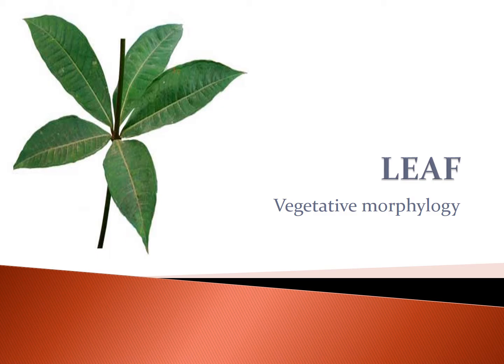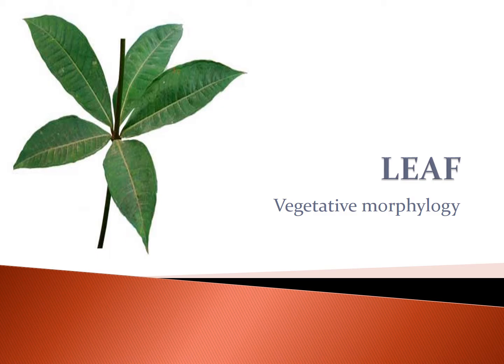Okay, in the previous class we learned a lot of information about plants, isn't it? First of all we learned plant habit, then the root system and shoot system. Now we are going to see about the leaf. Before we learn it, I will recall some points, and after that I will teach that.